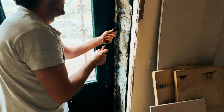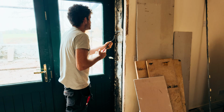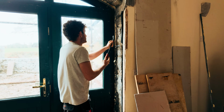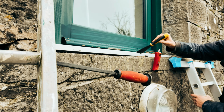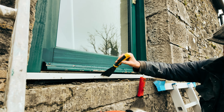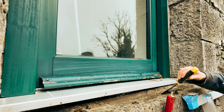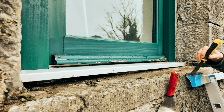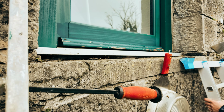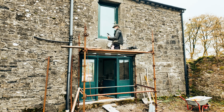It was crucial to stop water getting in, because we didn't want to start painting or really doing anything in this room until that was completely sorted. So we had a look on the sill above, and it was just filled with a putty, and all of that had rotted away, and so we'd found the root cause of the problem. The sill was also at an angle, so we had to get up there with the scaffold